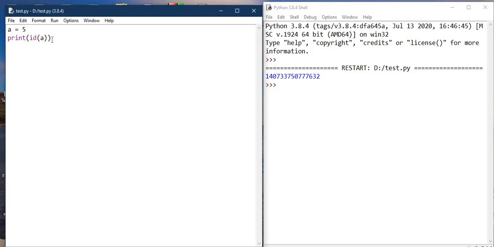Now coming to the second concept, in Python, if there are two variables with the same values in a similar scope, then by default it doesn't create a new variable.